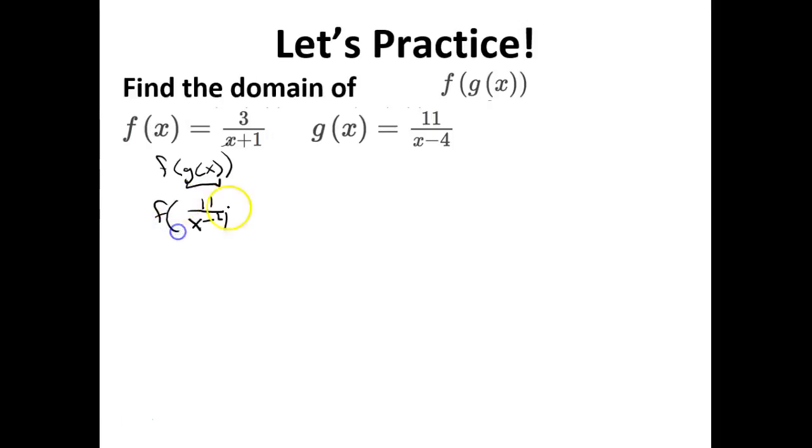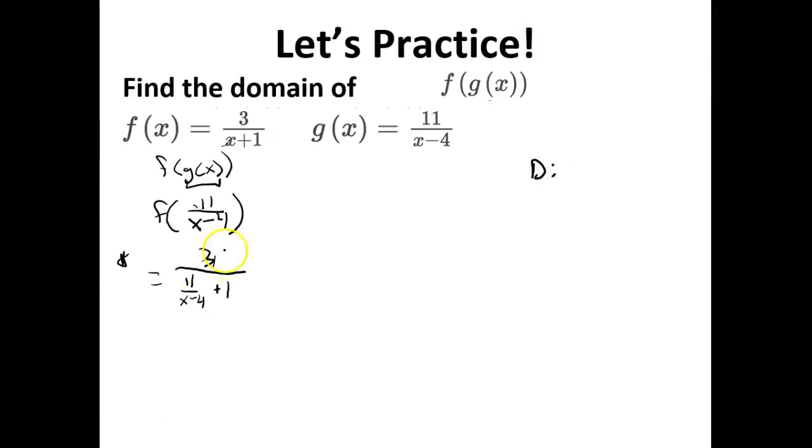Then we're going to take that and put it into f. So when we put it into f, what we're putting in here is the 11 over the x minus 4. We put it into f, and when we put it into f, the set of directions tell us to add 1 to it, and then it's all going to go under 3. Now, this is right after it was put together. So if I skip ahead here, for the domain,